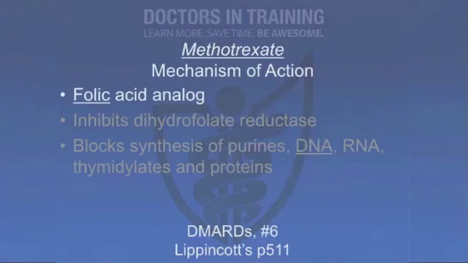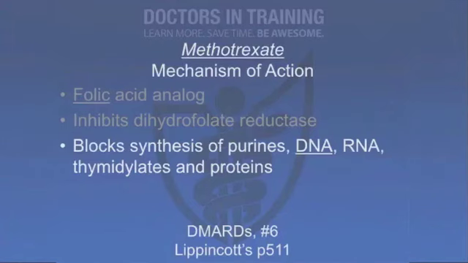And the mechanism of action of methotrexate is it's a folic acid analog, and basically what it does is it inhibits dihydrofolate reductase. Dihydrofolate reductase catalyzes a conversion of dihydrofolate to tetrahydrofolate. Folic acid is needed for the de novo synthesis of nucleoside thymidine. It's also required for DNA synthesis. So basically, when you use methotrexate, you block the synthesis of purine bases, you block the synthesis of DNA, RNA,